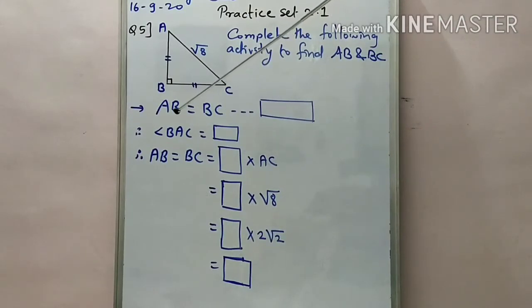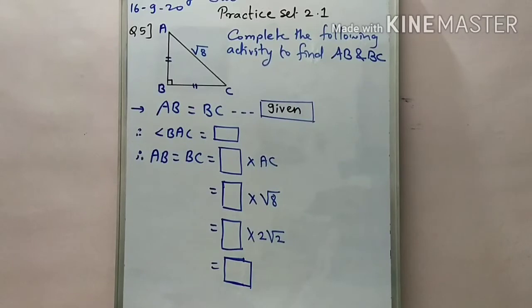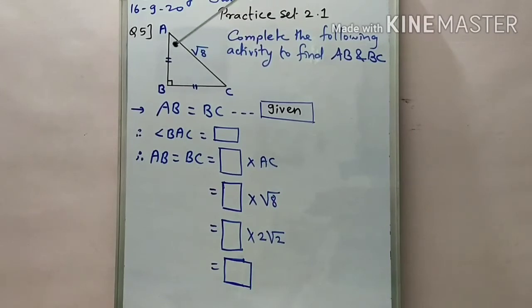First step: it is given that AB equals BC, and in this empty box we have to write the reason why AB equals BC, because it is the given part. So the first box we fill as given. Then angle BAC equals, again an empty box. What we notice here, students, is that one angle is 90 and the remaining two sides AB and BC are given equal, which means the opposite angles are also equal. And according to the theorem that the sum of the measures of all angles of a triangle is 180 degrees,